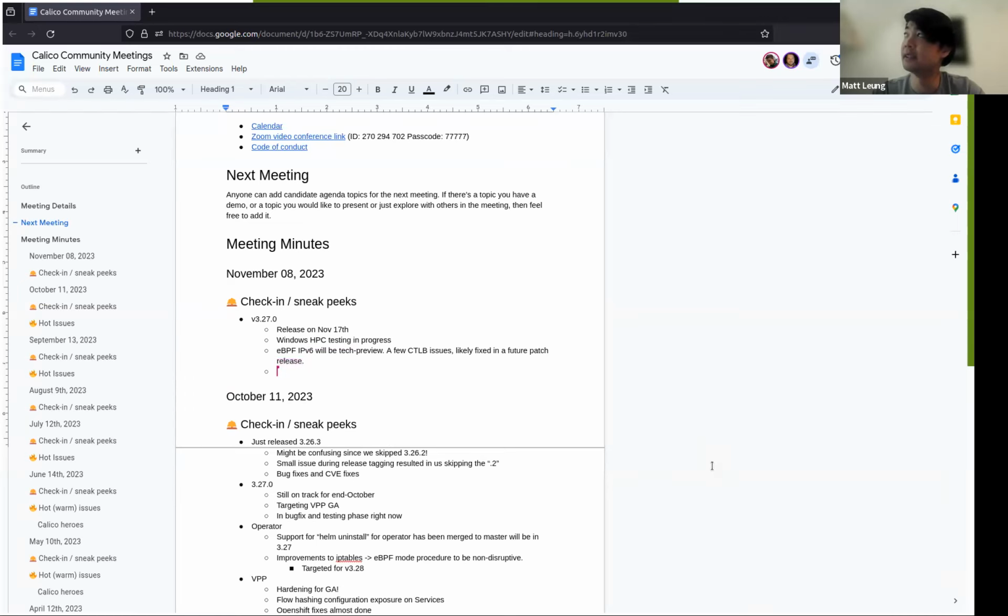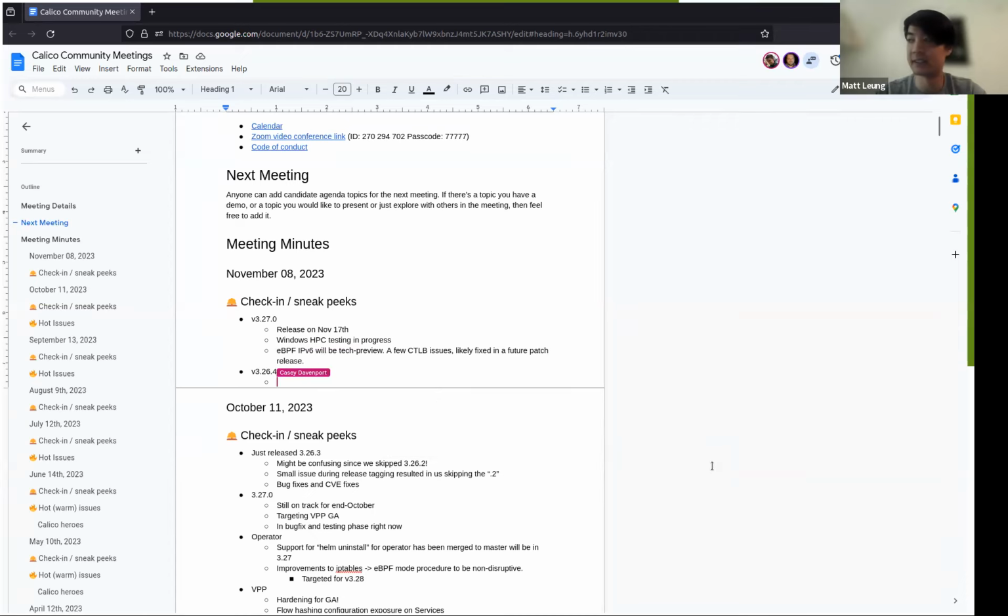I think that's pretty much it in terms of anything for 327.0. We're also going to do a 326.4 release. That'll be a patch release to mostly just cover some library updates to make sure that we're up to date with everything.